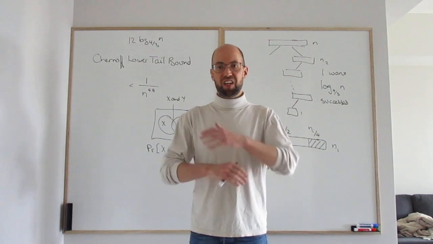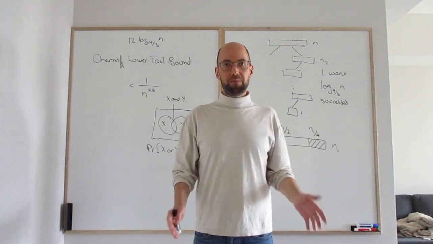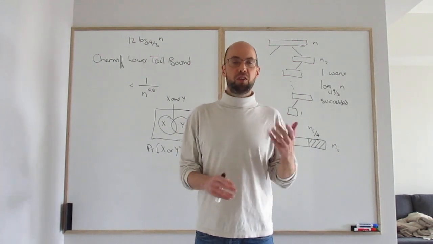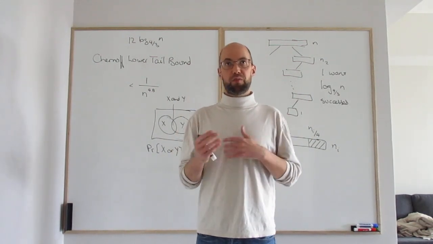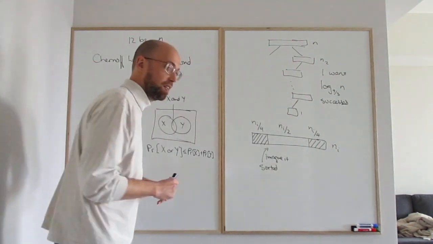So the probability that no leaf is that deep is at least 1 minus 1 over n to the 3.8. So the probability,